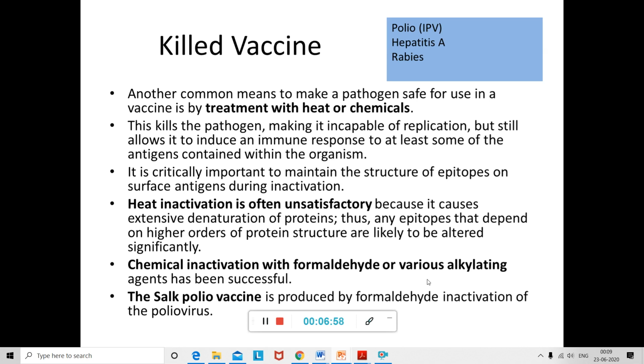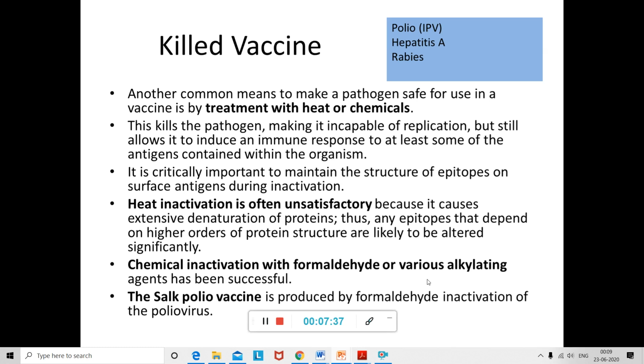Sometimes what happens, when it is not safe to give a live vaccine, you can use a killed vaccine. This vaccine is created mainly by treatment with either heat or chemicals, and it is critically important to know that you should maintain the structure of the epitopes on the surface antigens during the inactivation. Okay, heat inactivation can be done, but it is often unsatisfactory because it causes extensive denaturation of proteins, and what happens is many of the epitopes on the higher order of the protein structure are likely to be altered